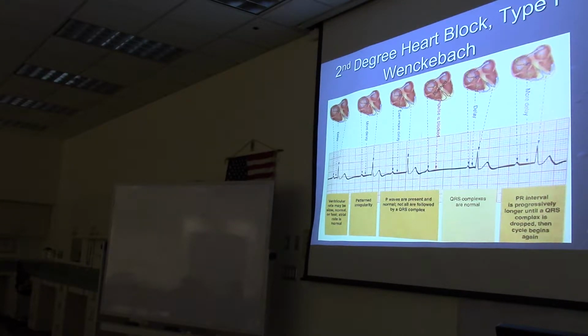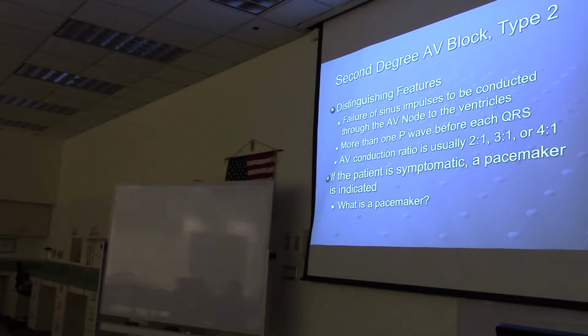And are the causes the same? For type 1, is it the same for type 2? Are you ready for type 2? Yeah. Okay. All right, so second degree type 2, the distinguishing features are failure of sinus impulses to be conducted